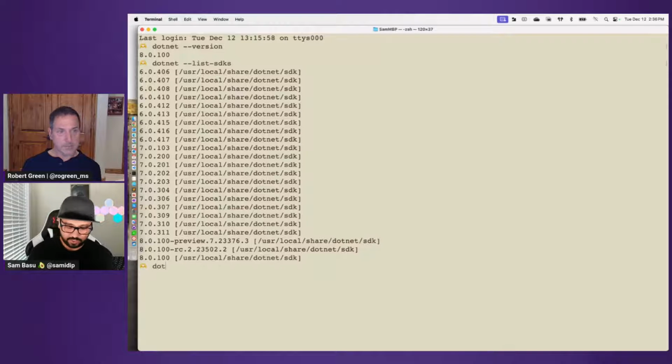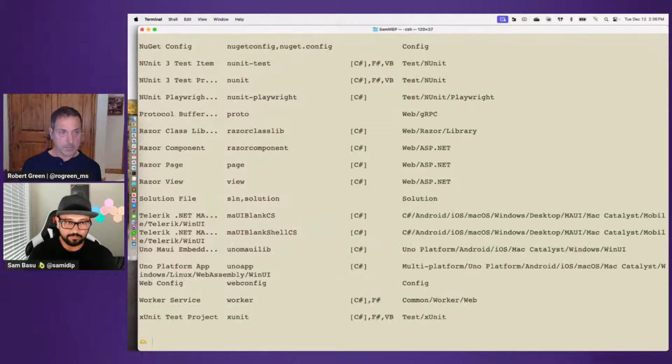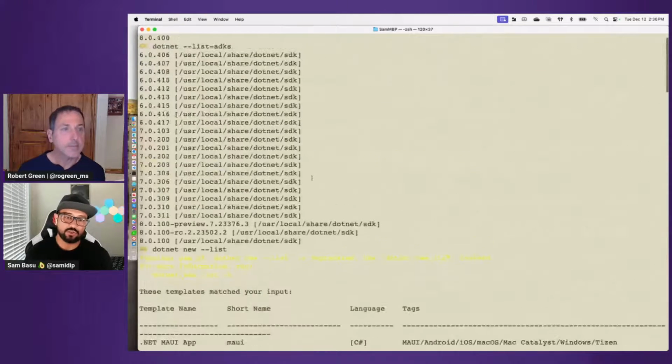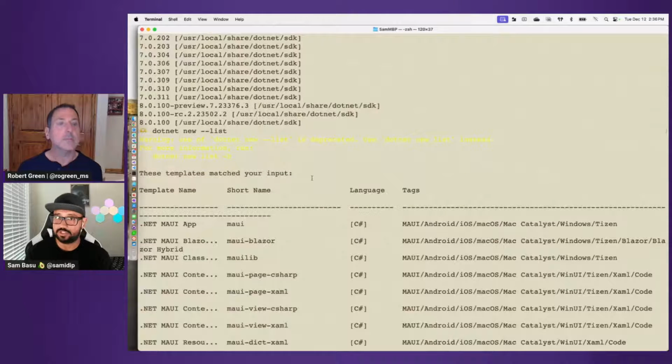So if I do a .NET new, if I'm starting up my new application, then I have a whole set of choices, which are hard to read with a little zoomed in. But these are the same choices that you get. These are templates, same choices that you get when you're using an IDE or Visual Studio. I think Robert and me did a show on the flexibility of .NET a while back, where we talked about VS Code versus Visual Studio, containers, AI. It's all in together. It's a good place to be. Yeah. So these are all the same templates.